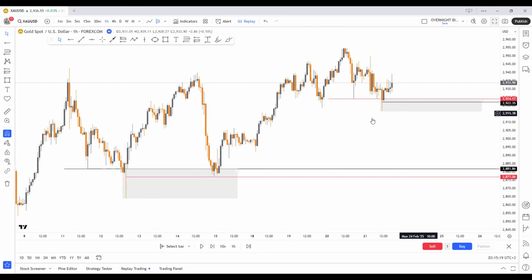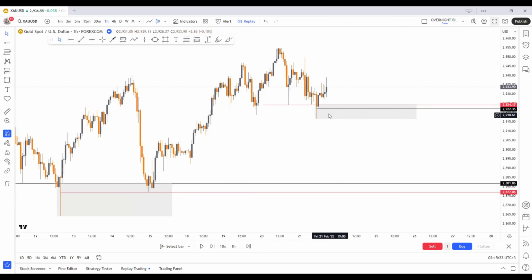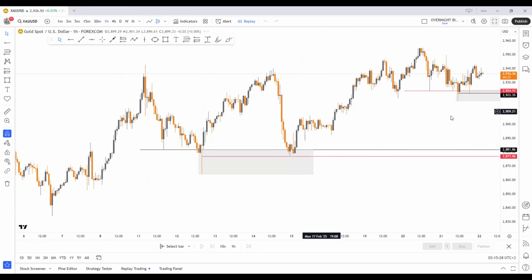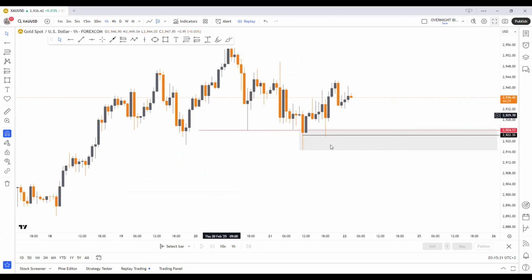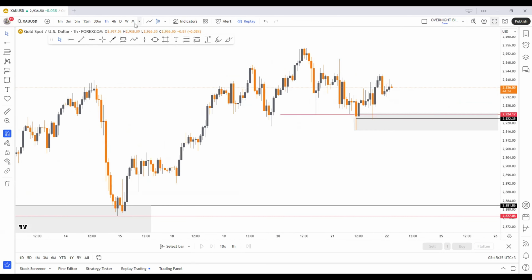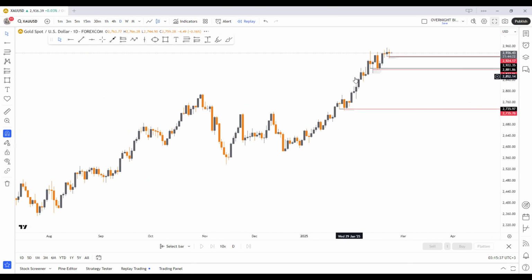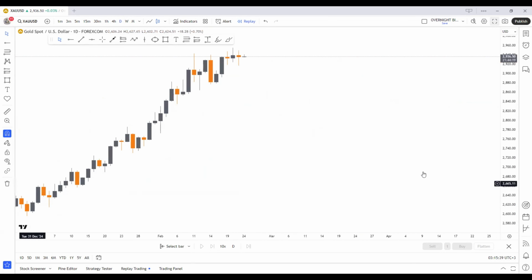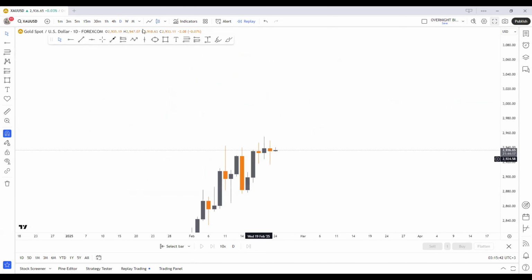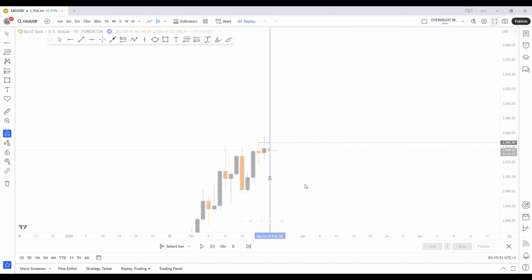Then this was my entry, a very beautiful and nice entry. This is where you can consider taking it. So you see, price came, tapped, and now the market has already opened. We are waiting for more pulls in the upside direction. But before that, we had another candle failure from above so that I can show you how things work. Before that, we had another candle failure from above, this one, before coming to consume from this point down here.